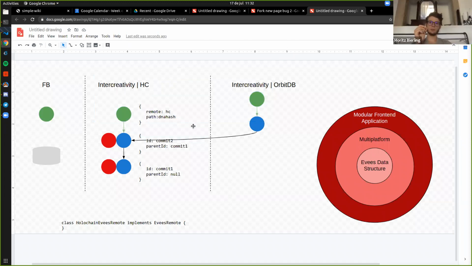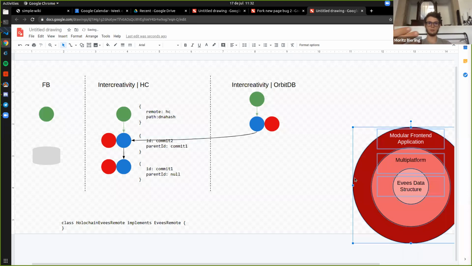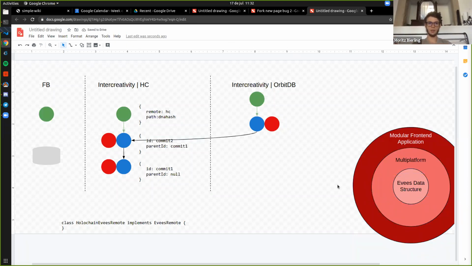What happens precisely when you fork this perspective, or this Evee, let's say, or this particular version of the post to the OrbitDB? Does it take all of its history over into OrbitDB and then add a new one on top, or does it just reference the other post where it is, but leave the history there? Because I see some kind of potential issue with just referencing something from somewhere where there's a history, but you don't take the history with you, and so then the history could be changed after the fact.